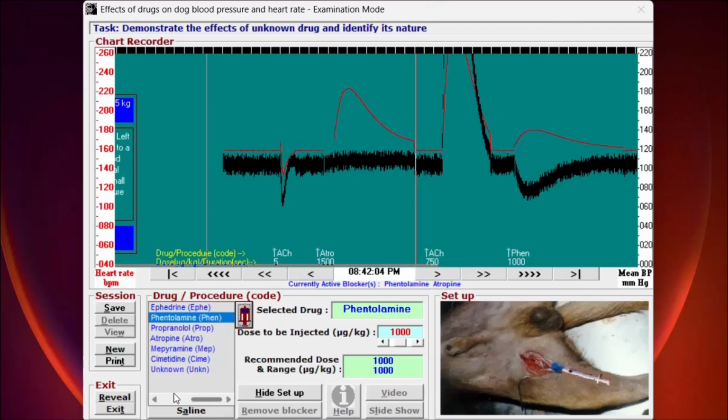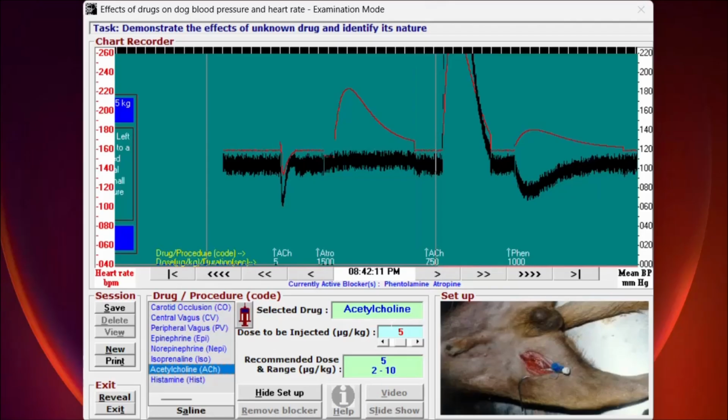Okay. Following this, again, we have to give acetylcholine, but now the dose of acetylcholine will be the same as what we have already given, right? So we have already given 750, and then we have given 5. Okay. So 750 plus 5, that is 755. So now let's give 755 microgram per kg of acetylcholine, and let's see whether we can still get the effect of acetylcholine,